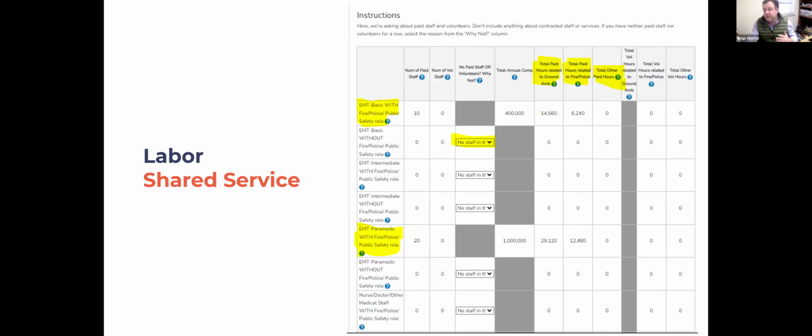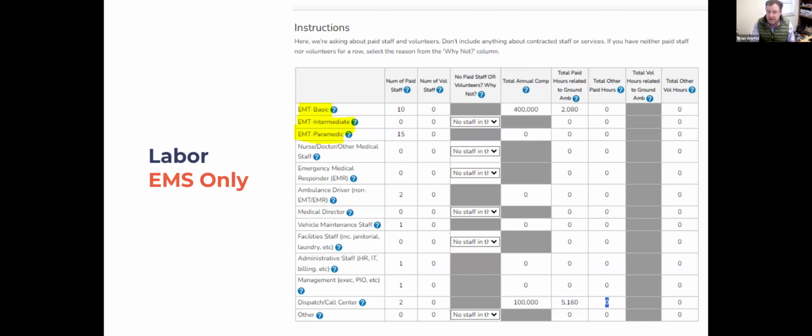And then you will repeat this for all of the various categories. If you indicated that you have volunteers, it will ask you separately about those volunteers. This is, I believe, the same section, but now you'll notice that in addition, we're just showing you the bottom half of this, and you'll see that now it's also picking up the administrative staff and the vehicle staff and all these other various categories of admin employees, and you'll repeat that same exercise.